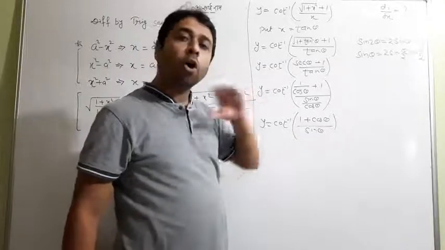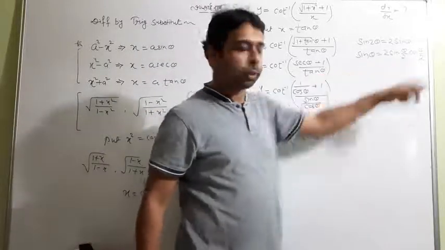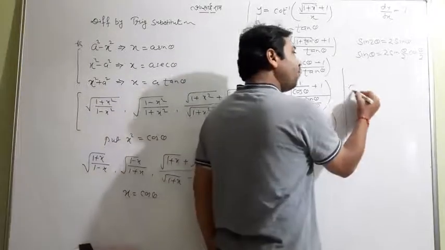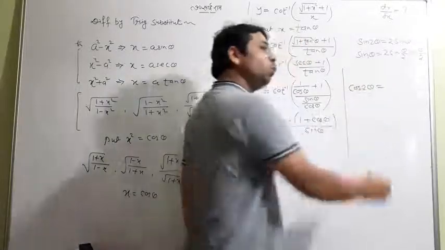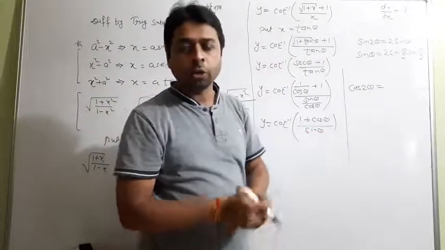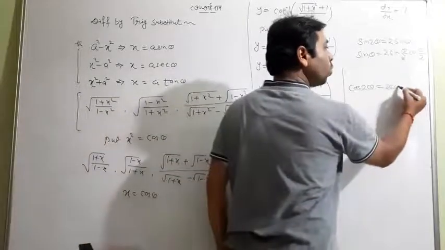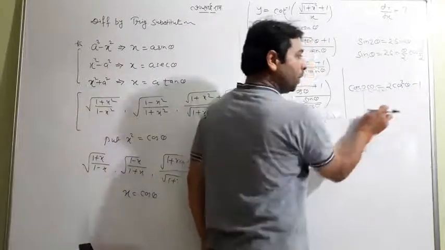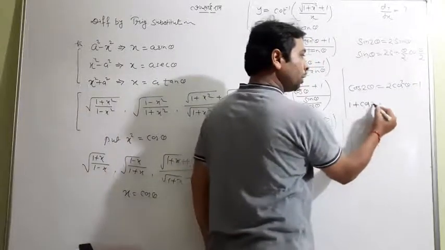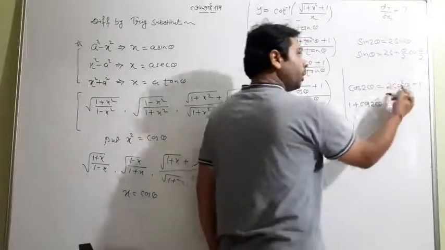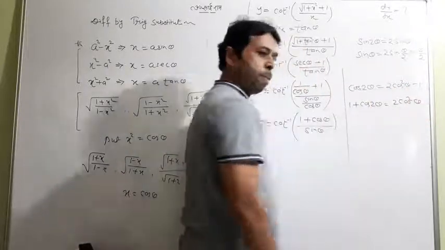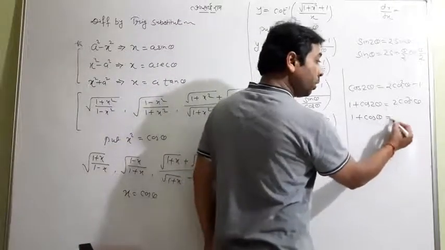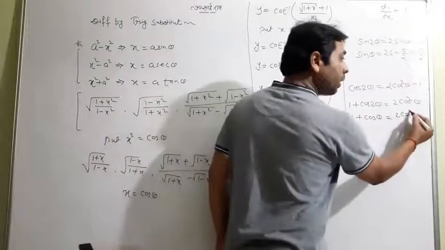So sin theta equal to this one. 1 plus cos theta is also famous. If you have forgotten, I will remind you that you know the 4 formulas of cos 2 theta. Cos 2 theta has one formula, 2 cos square theta minus 1. This is a famous one. If you transfer minus 1 to that side, it will be 1 plus cos 2 theta equal to 2 cos square theta. Nothing hard. And when you make the half angle formula, students, 1 plus cos theta will be 2 cos square theta by 2.